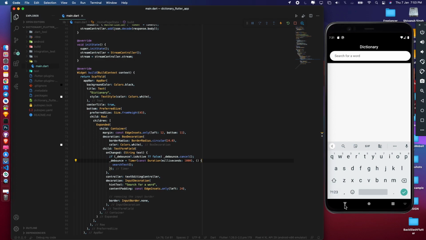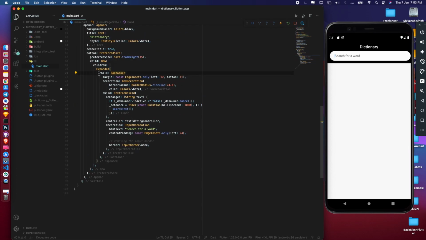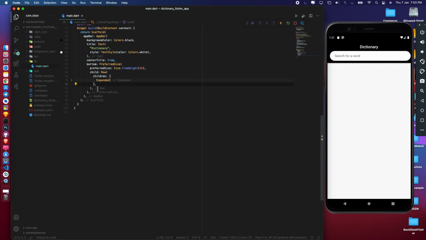Now the next step we need is a search icon alongside our expanded. You remember I created a row in which I have two children. The first one is expanded, which is this text form field, and other than expanded I need an icon button.